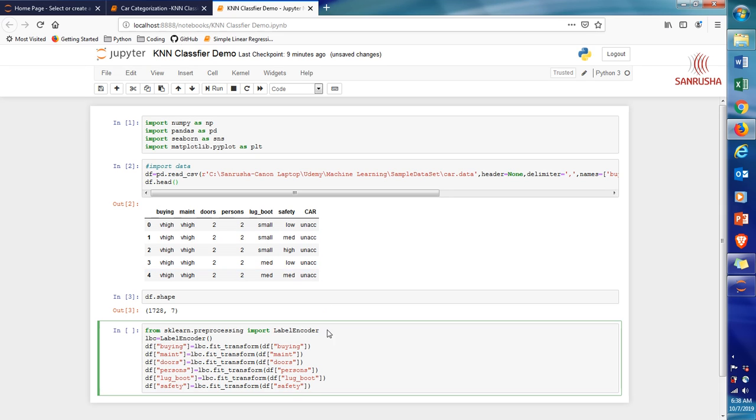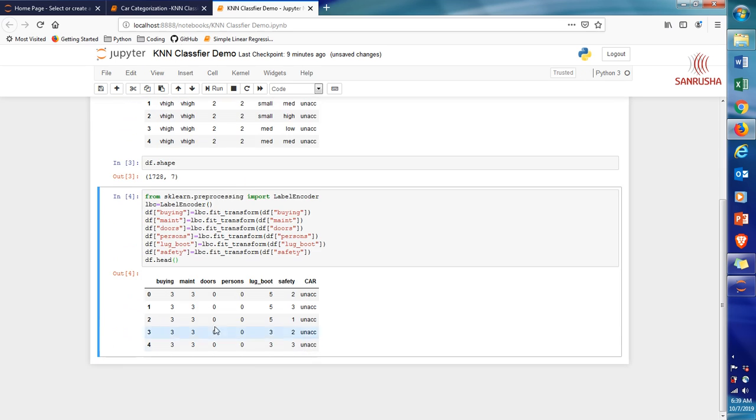Car is a target variable, so we are not going to encode that. And let's print now df dot head. Very good, all are encoded now.